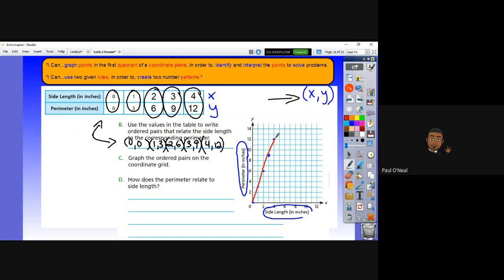Okay. Now, there's my answer for C. D, how does the perimeter relate to the side lengths? So that kind of means that you can look at the graph. I think what would be helpful, ladies and gentlemen, is looking at the chart. So how does the perimeter relate to the side lengths